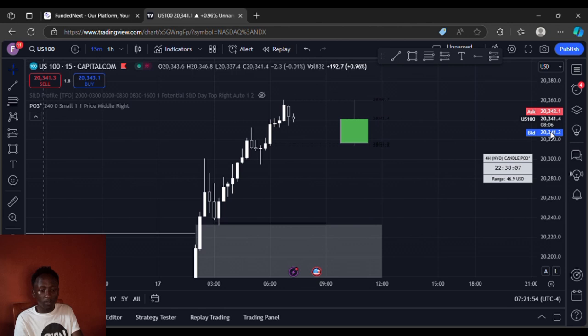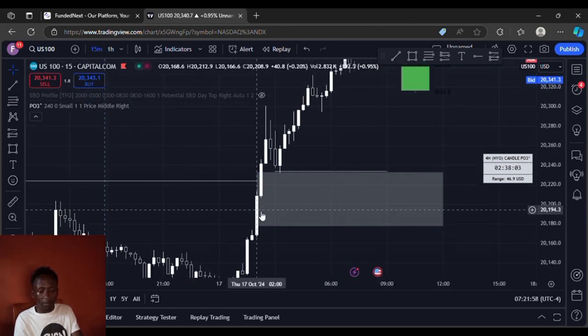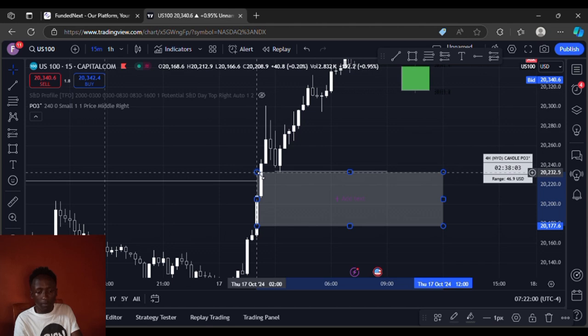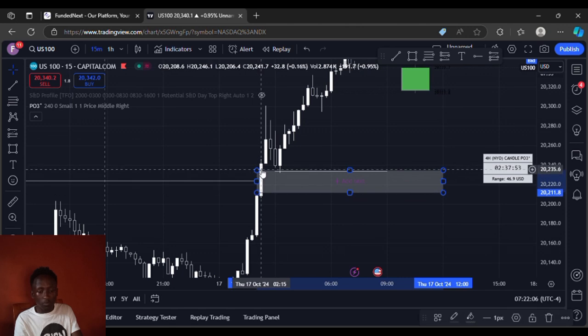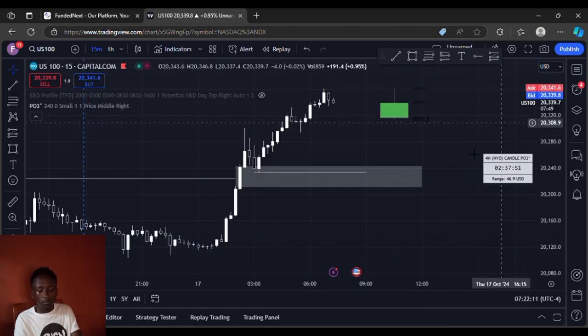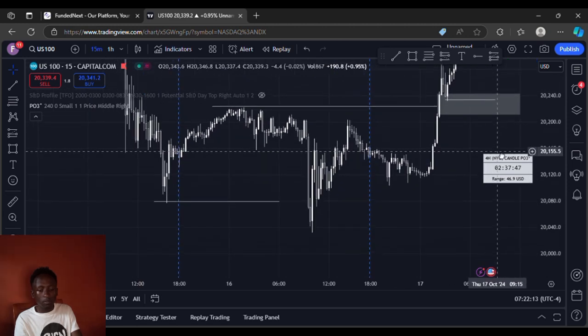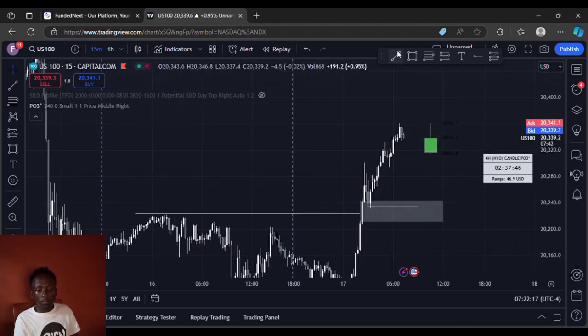Yes, this is more clear on a lower time frame. Maybe this or this imbalance. I'll be waiting for one of them to get tapped into. Mostly this imbalance. That is what I'll be waiting for today